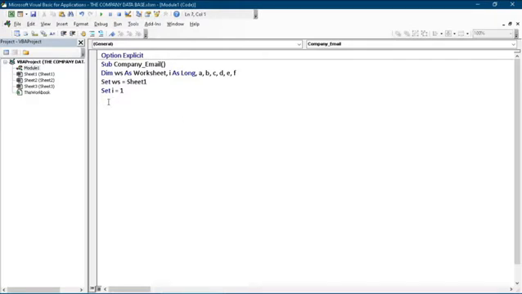Then we shall do a Do While loop. So here we have Do While i is less than or equal to 28. Since there are 28 employees, we loop. And then here we have i equals i plus 1. And then